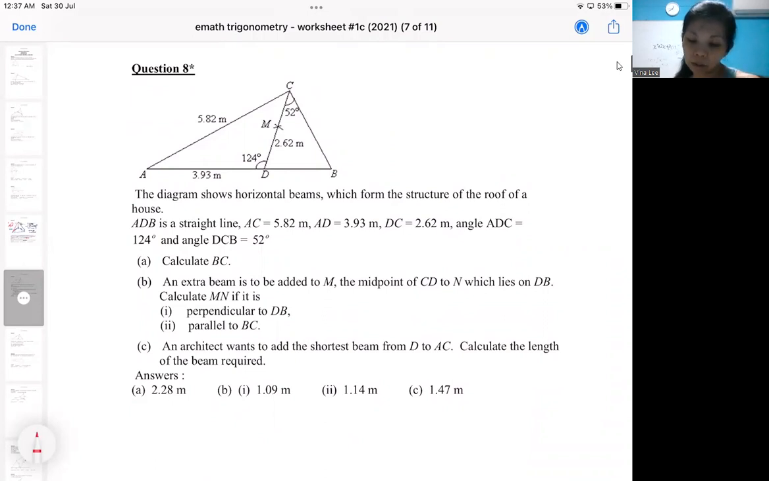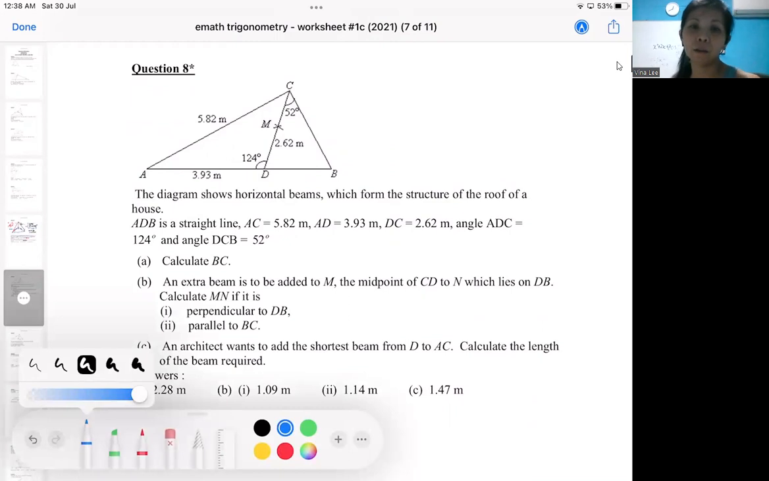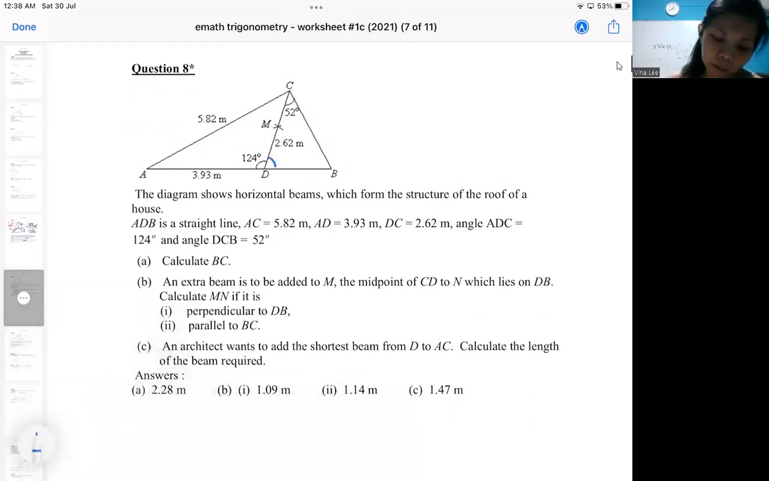So it's a horizontal beam which forms the structure of the roof. Okay, so they give all the dimensions. So this is not a three-dimensional diagram. It's just a structure of the roof. They didn't mention anything horizontal. They didn't mention anything vertical. So if you look at the diagram on its own, there's no need to visualize it as a 3D diagram. So with the information, I'm sure you can find this